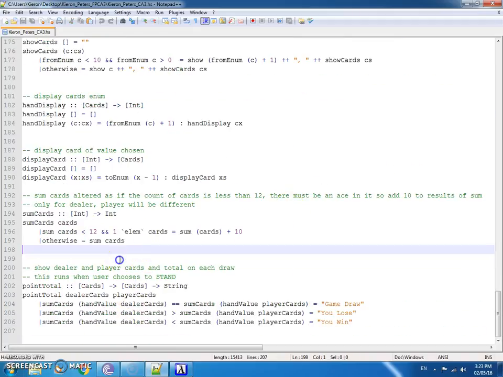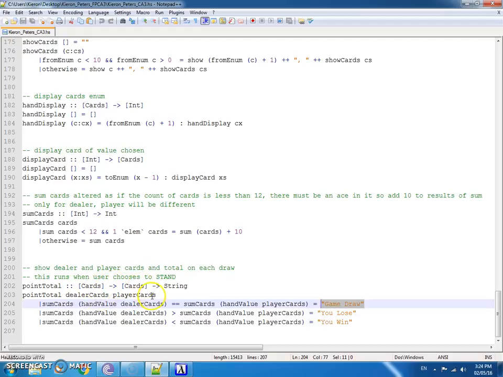Now, the point total is actually going to give back a string. This is used in stand and in all the equations of the main game to see who won. What we're doing is the value of the hand of the dealer cards, that gives you the list of all the points the cards are worth, and then I sum it up. I do the same for the player cards, and we're checking if they're exactly the same. Then the game draws, because I have a function that will check if they've already bust. If they haven't bust, obviously we're going to do hit or stand, and it tells you if that function point total player cards